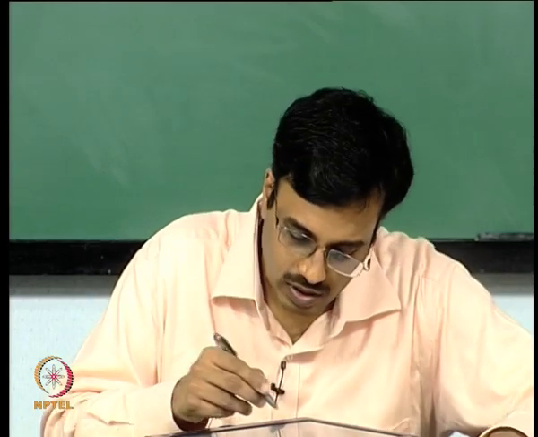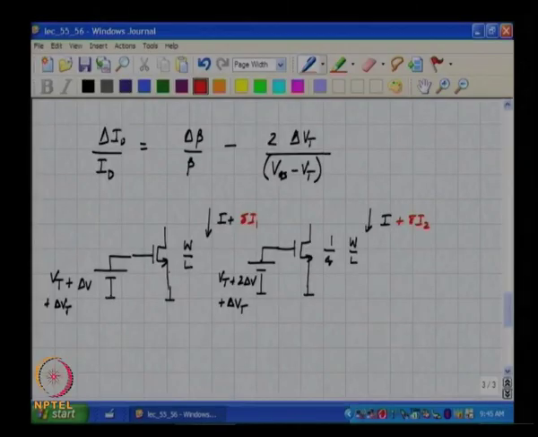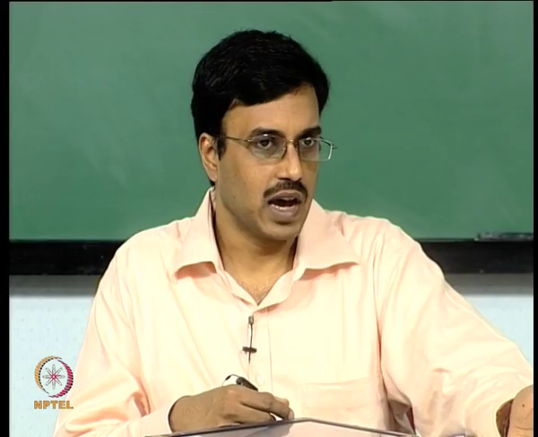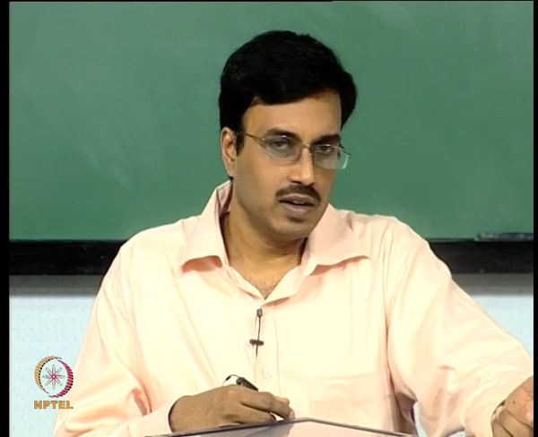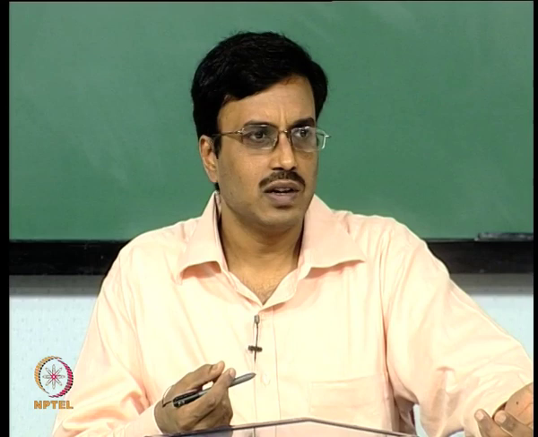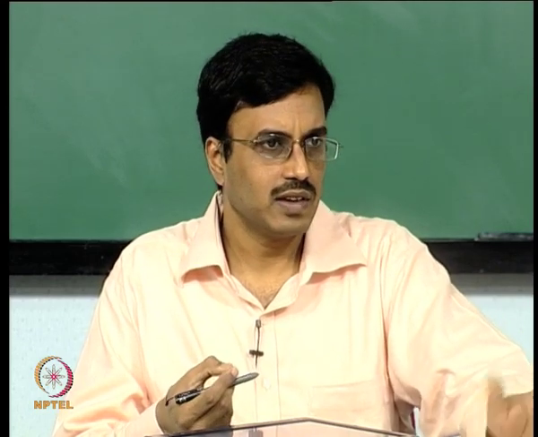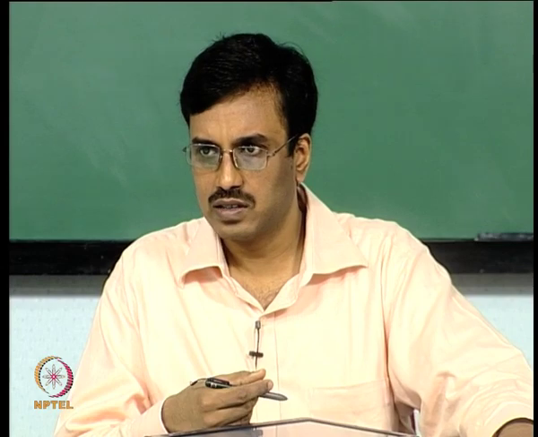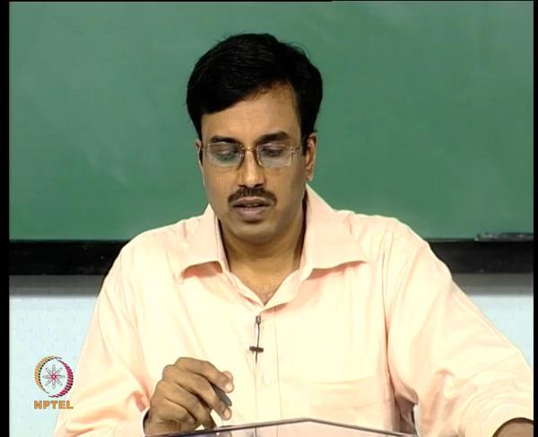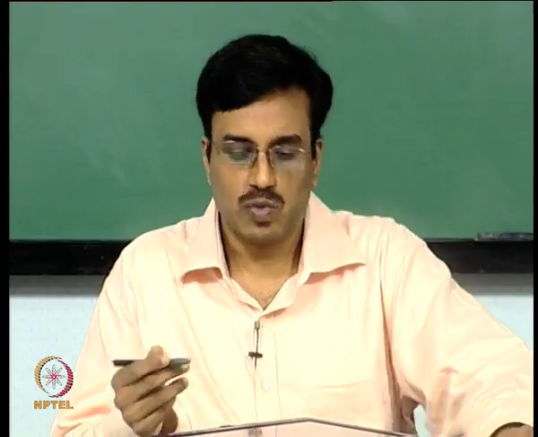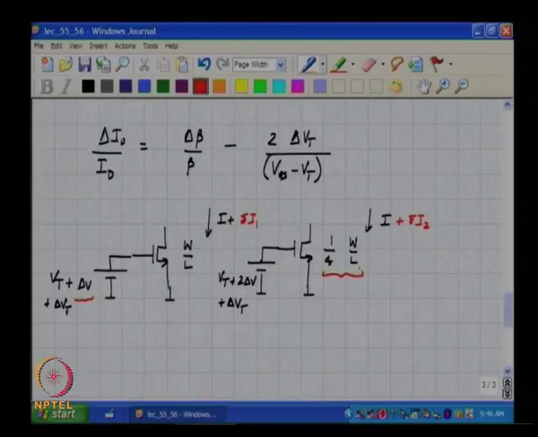Yeah, okay. The W by L being higher is one way of looking at it. Alternately, you can say that the overdrive is smaller for the transistor on the left. So, the transconductance of the transistor on the left is higher, which means that for the same change in the threshold, the change in the current will be larger for the transistor which has a higher transconductance. You understand? So, in principle, if you want to be immune to threshold mismatch, you should make this transistor infinitely small and